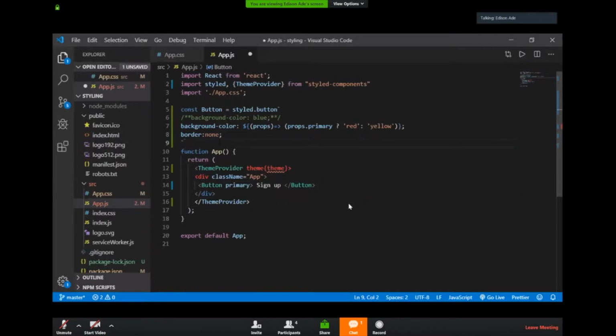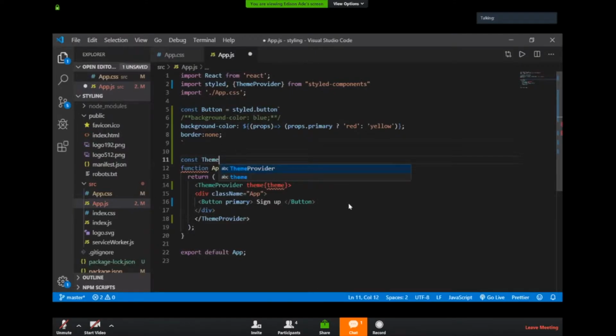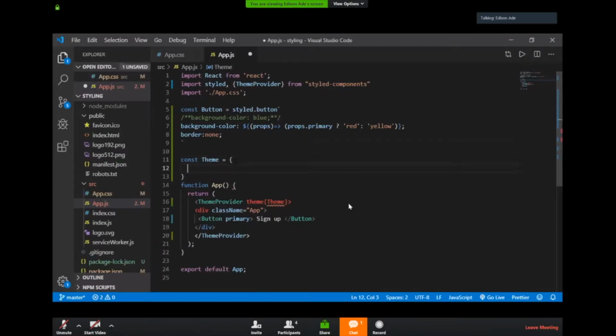So let's say we put it here. So I say const theme. Sorry, this would be theme. So const theme equals, and this is like an object in JavaScript. So it follows basically how objects work in JavaScript. So primary, for instance, if I want my primary to be purple,